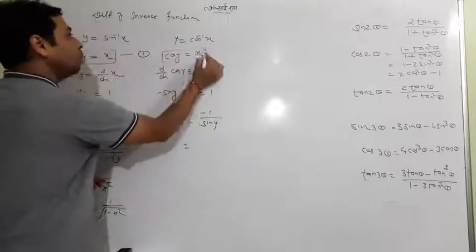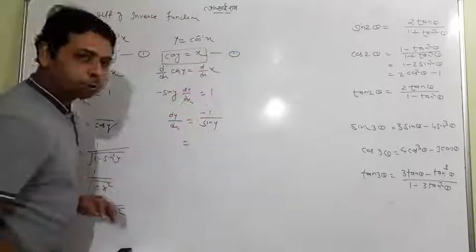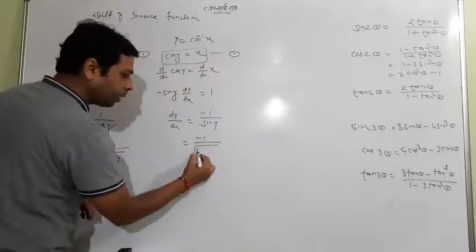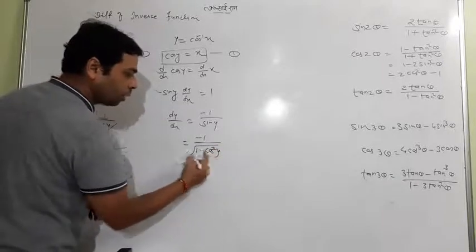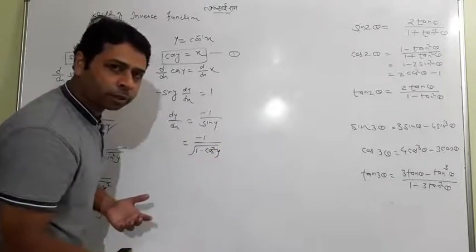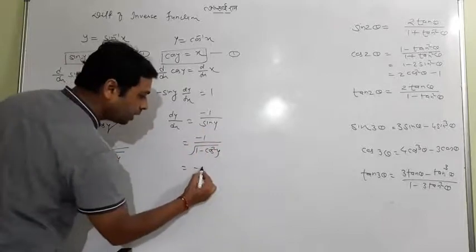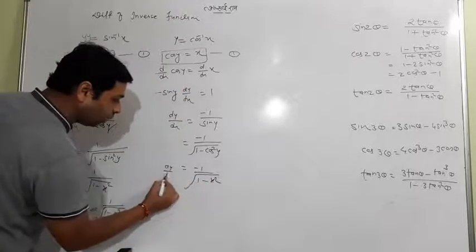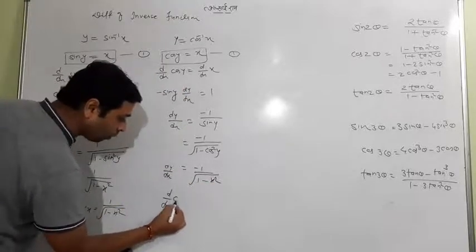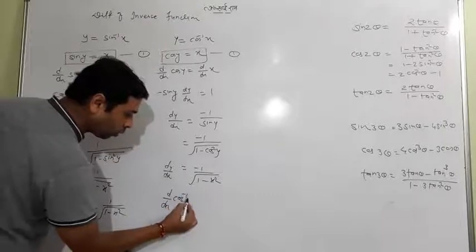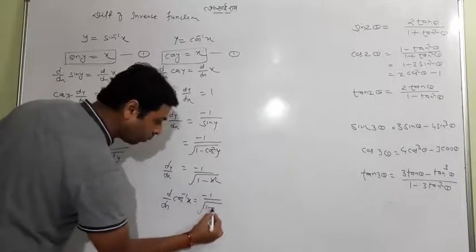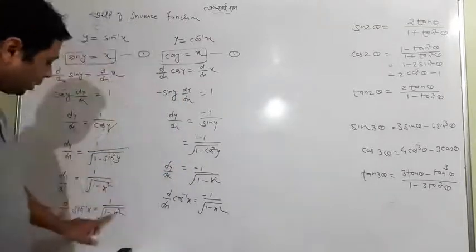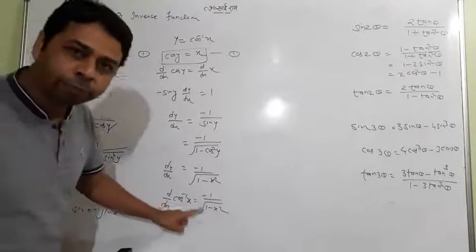So you have cos y equal to x, which is the first equation. You will turn sin y into the form of cos y by writing the square root of 1 minus cos square y, since 1 minus cos square theta equals sin square theta. Lastly I change cos y to x. So finally I write the formula for you, that d by dx of cos inverse x will be minus 1 upon root of 1 minus x square. Note that this is positive and this is negative, otherwise the same answer.